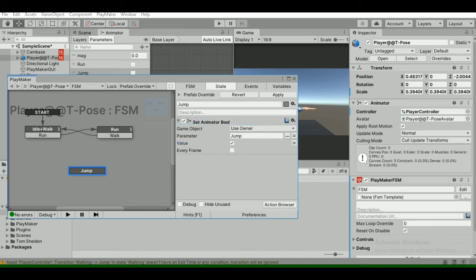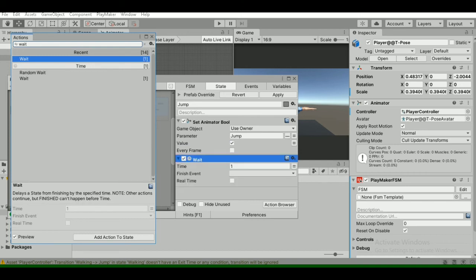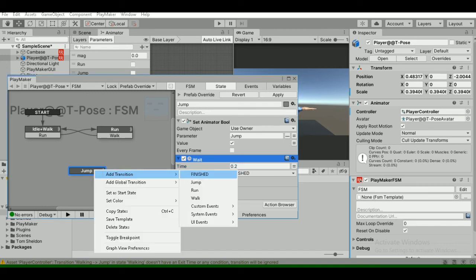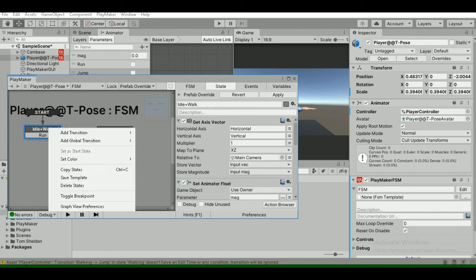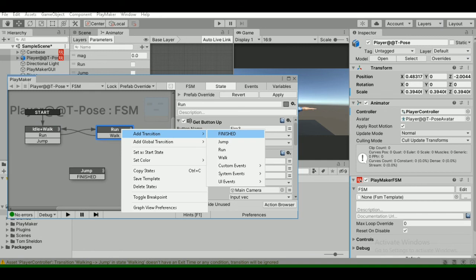And finally add a new action called wait. It should wait for 0.2 seconds, and create a new event called finished and add a transition finished. And one more thing, just add a transition jump here, and a transition jump here.